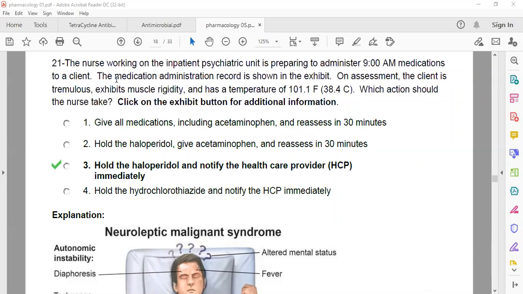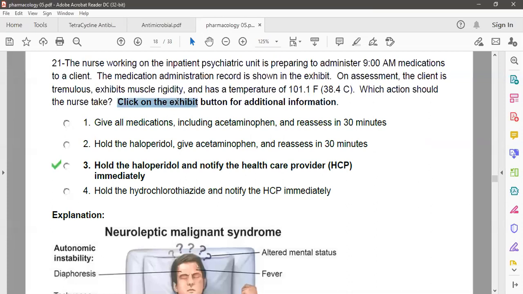The medication administration record is shown in the exhibit. Usually when a question comes like this, you have to click a button, and you can see the list of drugs your patient is taking right now. Like here, the patient is taking acetaminophen, haloperidol,